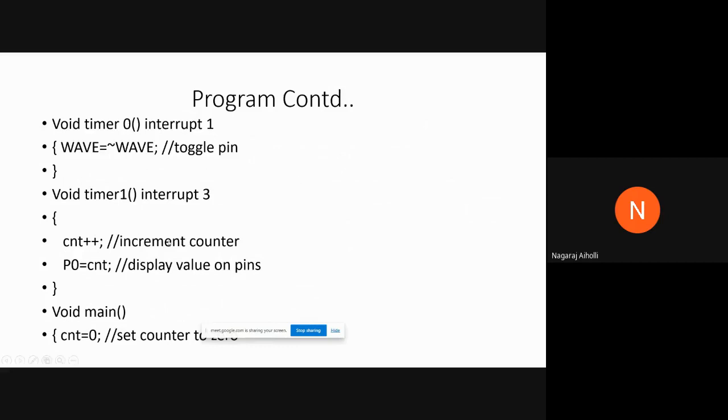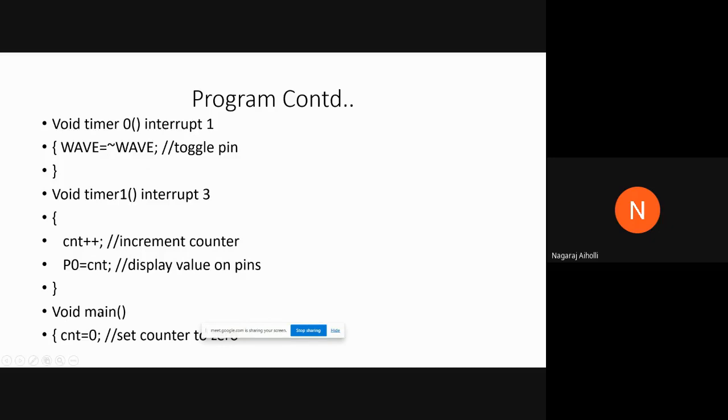So here it will go on incrementing the count, right? And whatever final count value is obtained for every count value. Okay, so when pulse is applied, whatever pulses are there of the 1 Hz frequency, those are counted, and the count value is finally stored in port P0. Okay, display the value of the count of the number of pulses on port P0, right? Then coming to the main function,